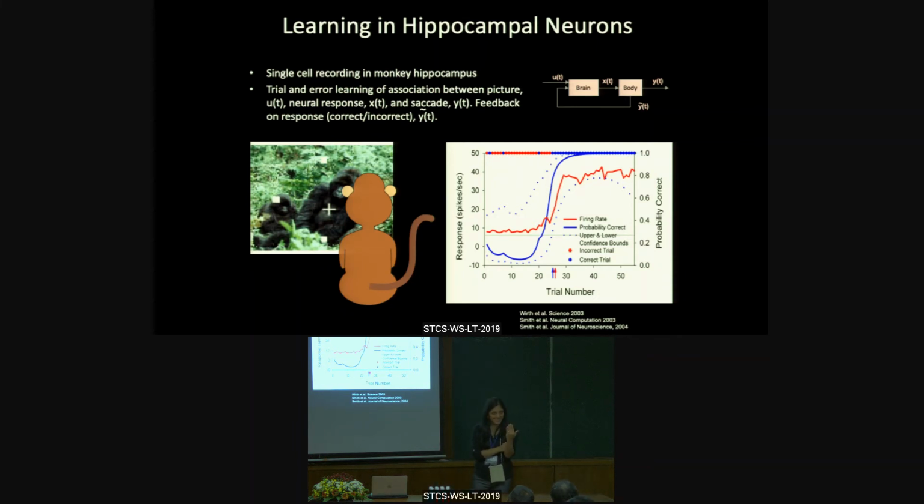It'll see another scene, and it'll make a guess. And if it gets it right, it'll get a juice reward. And over several trials, the monkey actually learns, for all the images, which way it should move its eyes to learn the association that I created offline. Is that clear? This is called an association learning task. And so what they found is that when they did this to monkeys, they recorded from hippocampus. Remember HM, talking about temporal lobe? So they put the electrodes there in the monkey, and they found that as the...